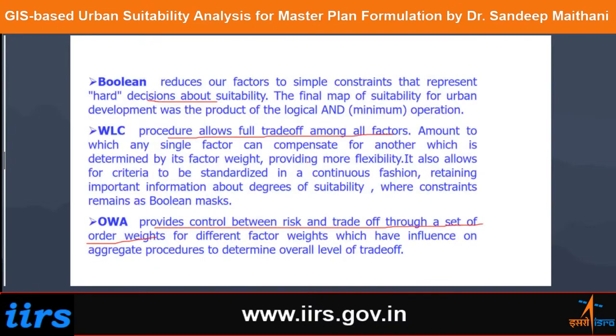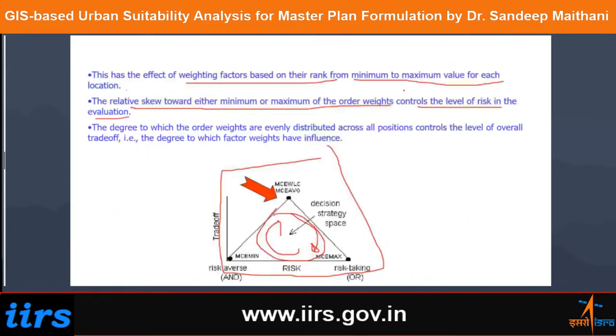So this is basically how we go about taking decisions when we are working in a multi-criteria environment. When we make a master plan, we also have a multi-criteria type of problem. We have different factors and we have to decide the optimum results. So there are three phases: Boolean, WLC, OWA. This is just to give you an idea how we go about making decisions, especially when we have different criteria. And GIS provides us with an environment where we can handle this data and do this kind of modeling. This summarizes our topic which we started,